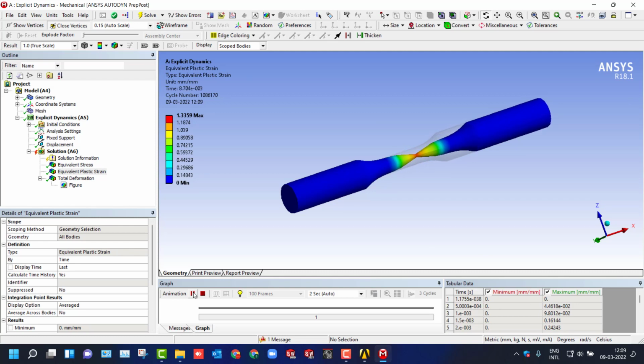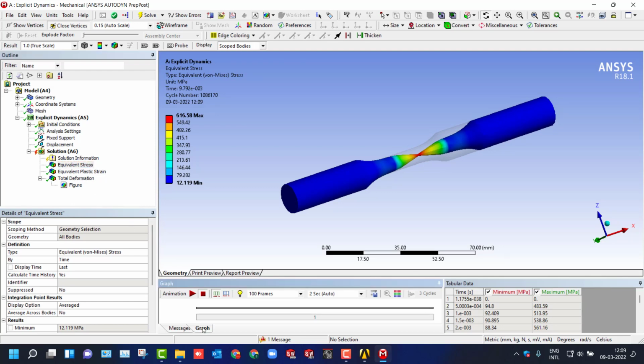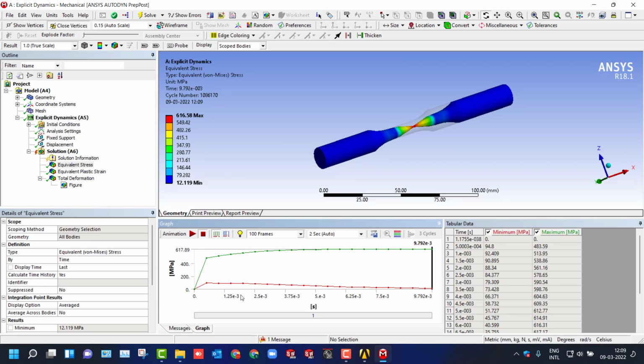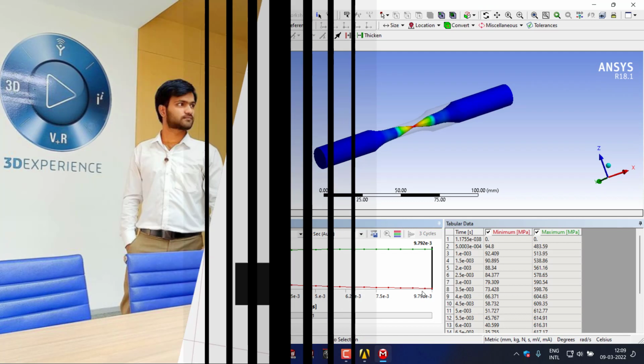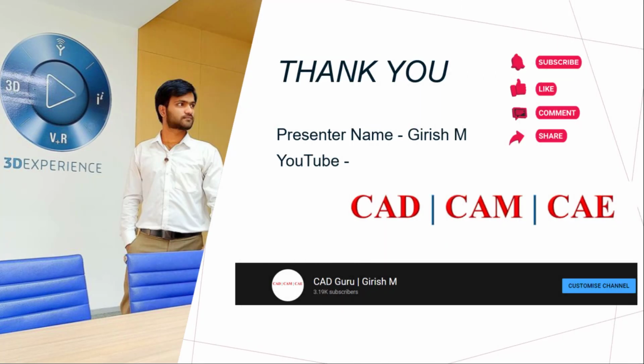Let's say if you want to cross check the stress strain curve, that also you can activate by using the plots. You can directly switch to the graph, and if I use this one, you could see this is how the curve takes place, right? First the elastic region, then the plastic region, and then ultimate failure will occur. So this is how you need to carry out the nonlinear analysis. We have taken the nonlinear material into account, and we have run the analysis.